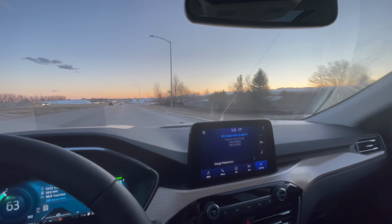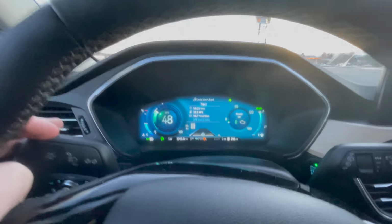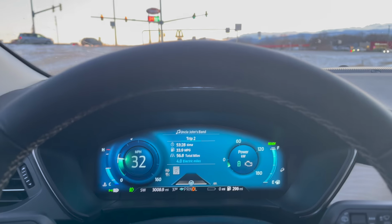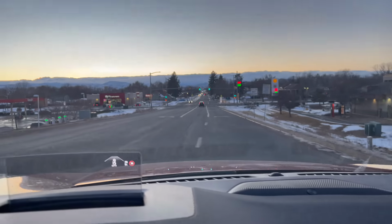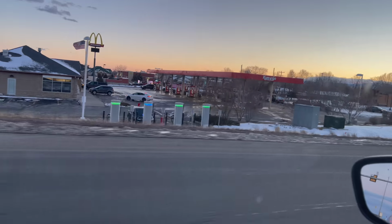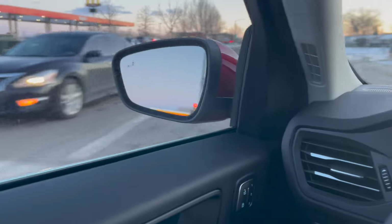Just a little bit of daylight left, and there's the gas station right where I left it. Right now, looks like 33.9 is the final readout according to the car. But we're of course going to have to test the actual pump and see what that tells us. No one's coming, so I don't have to complete the stop. Wow, beautiful sunset tonight. Beautiful day for a range test. There's a bolt down there at the charge point stations. Pulling in, so it's showing